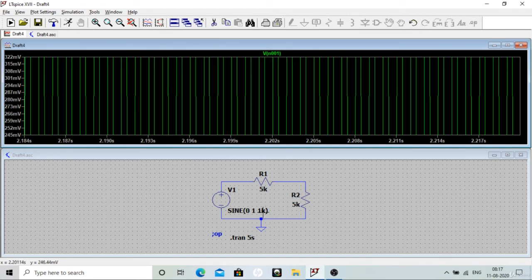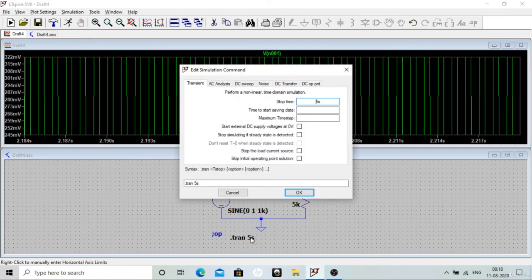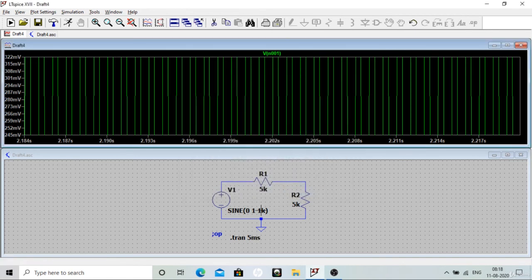It is because the time period of the sinusoidal signal is very low and you are observing the plot for a longer period of time. So that's the reason it is not able to show you properly. It is congested. The solution is to change this value to, let's say, 5 milliseconds. 5 milliseconds means your sinusoidal signal time period is 1 millisecond and you are going till 5 milliseconds, so 5 cycles will be shown. So it is more properly visible.